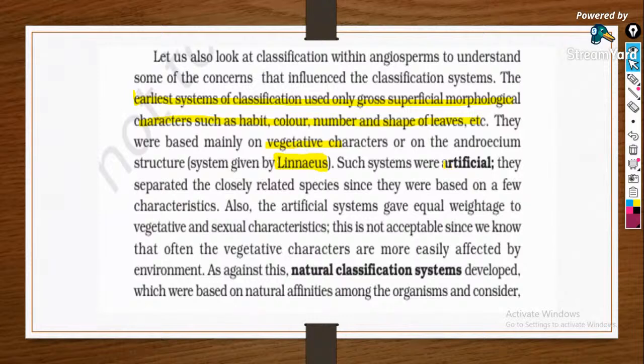All those characteristics were artificial. Artificial characters were those proposed by Linnaeus. They separated the closely related species and were based on few characteristics. Also, very important point, the artificial systems gave equal weightage to vegetative and sexual characteristics. This is not acceptable since we know that often vegetative characters are more easily affected by the environment. Against this, natural classification systems were developed, which were based on the natural affinities among the organisms and consider